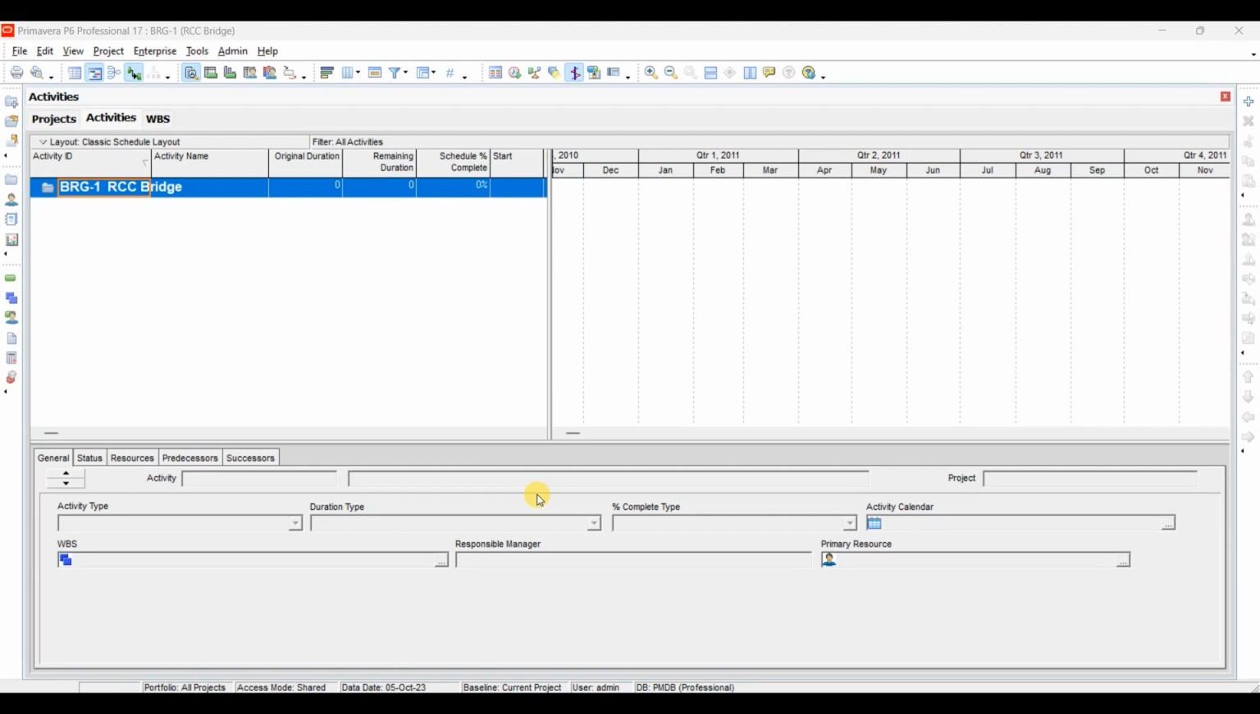So hello guys, up to the last video we learned how to add a new project to our portfolio. In this video we will create the skeleton of the project, that is the WBS, work breakdown structure. To add the WBS